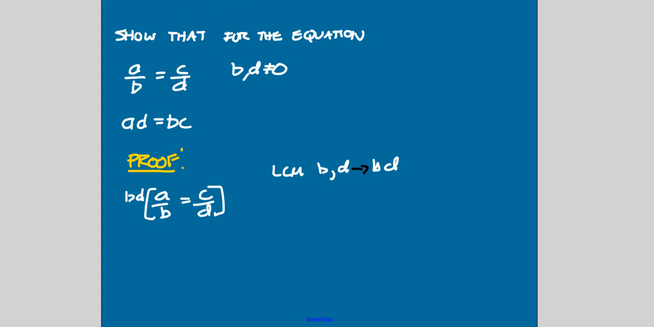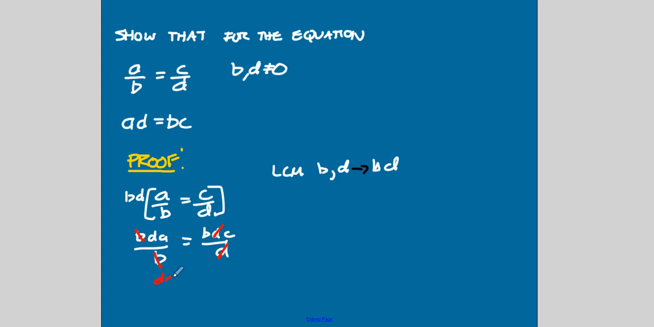Okay, so now let's look at what we got. This time I'm going to multiply it out. On the left side I have b times d times a divided by b. On the right side I have b times d times c over d. You have a common factor of b, so those divide out. Anything divided by itself, unless it's 0, is 1. Here I can divide out the d's. d divided by d is 1. So I'm left with